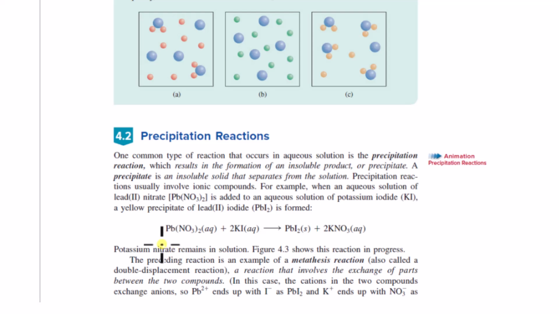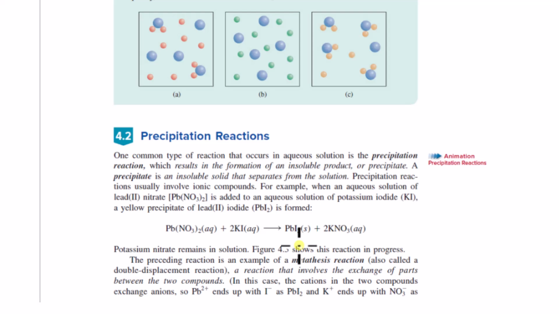In the water, you've got these lead-2 plus cations floating around everywhere. You've also got nitrate anions floating around everywhere, potassium cations and iodide anions floating around everywhere. So they all interact and they intermingle. These ions are completely separated and they're mobile. So now when the lead cation and the iodide anion interact, the result is that,